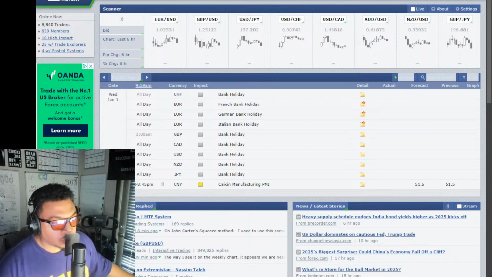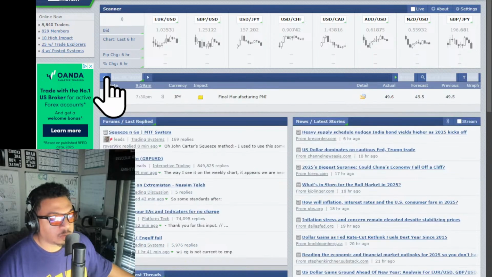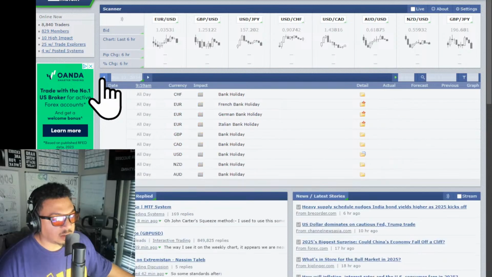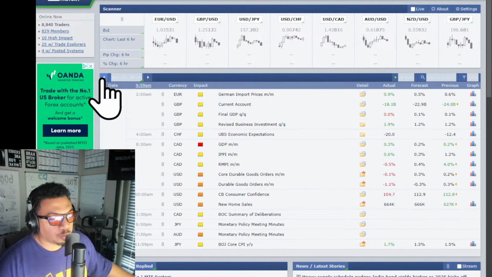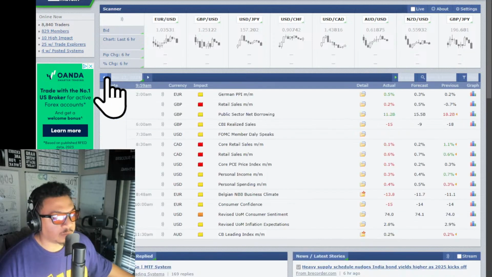So what you want to do is every day look to find red folder events. And you don't want to actually trade during those red folders. You just want to watch the market and realize that it is a catalyst, but don't sit through them. Typically, it can cause a lot of damage to your account. Most traders trade during red folders without even knowing it.